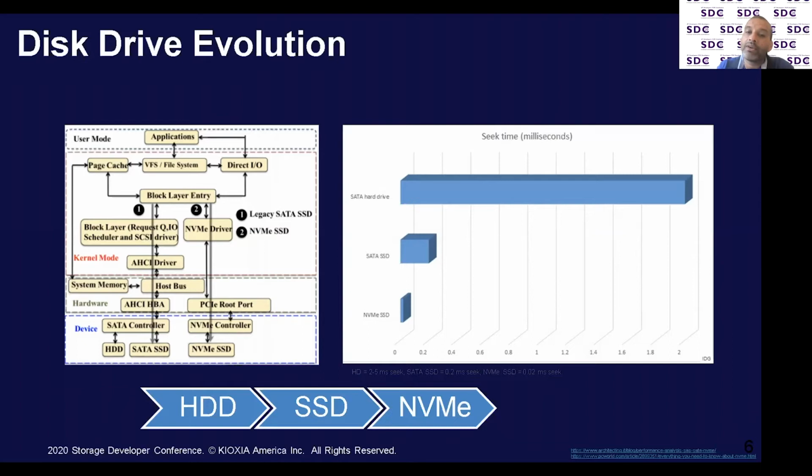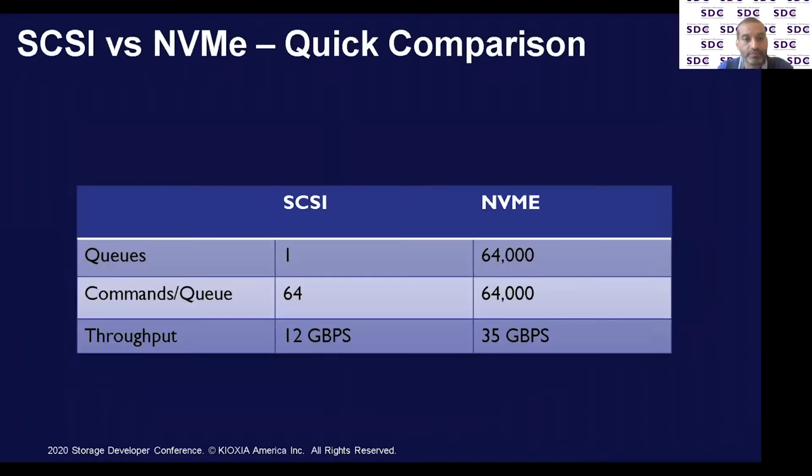So one of the reasons that we got such a huge jump in performance with the advent of NVMe is that NVMe optimizes how data is brought from the application layer to the end media when it travels through the kernel. It either optimizes or bypasses a lot of layers, especially block layers, which were used by the earlier protocols. So let's take a quick look at how NVMe is different from SCSI.